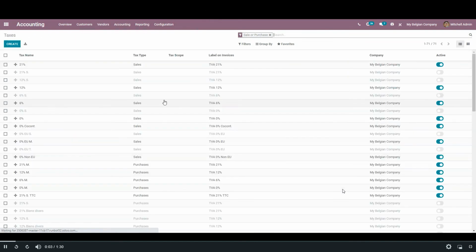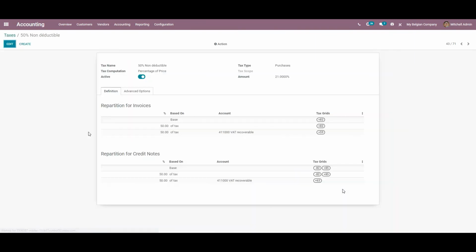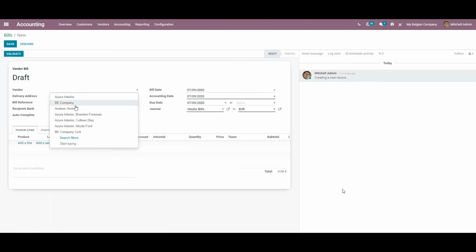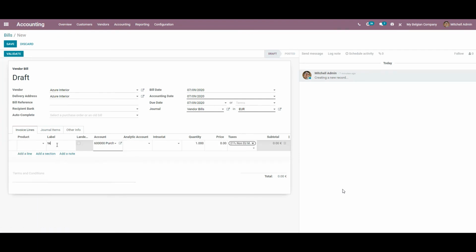So first of all, when you go to the taxes, let's take, for example, a tax that is partially non-deductible. We have two lines, 50% non-deductible, 50% deductible. Two different accounts, the deductible one on the 411 account, and the other one will follow the expense account of the vendor bill. So when I choose this tax code in an invoice, let's go for 1,000 euros, which is in total